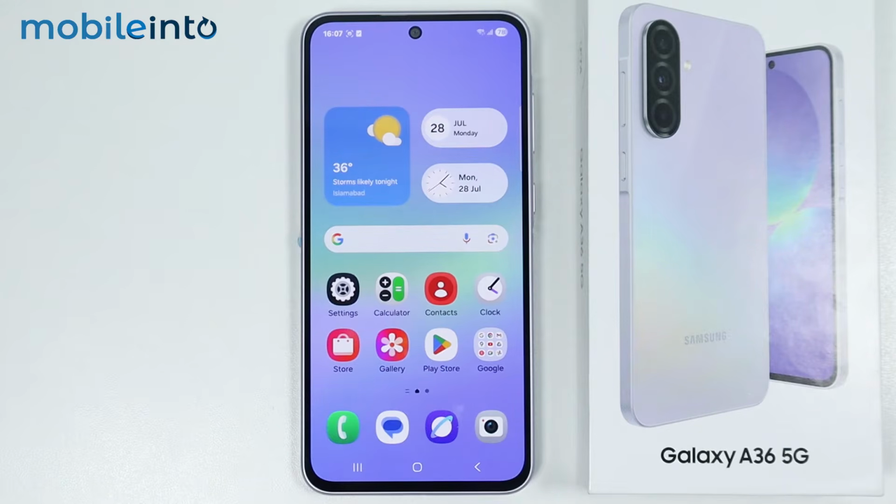Hey, what's up guys? So in this video, we will see how to hide apps on the Samsung Galaxy A36